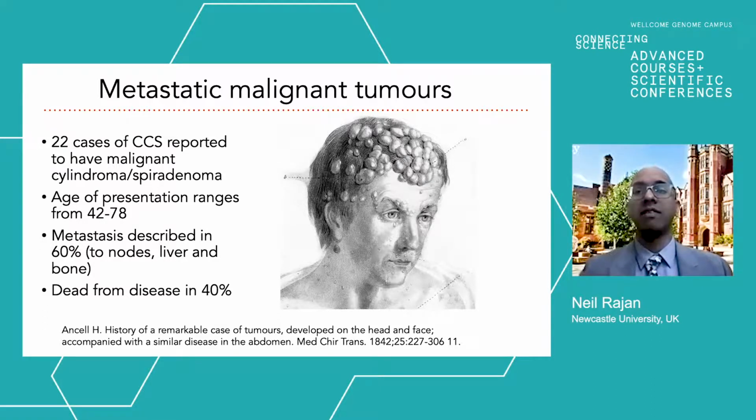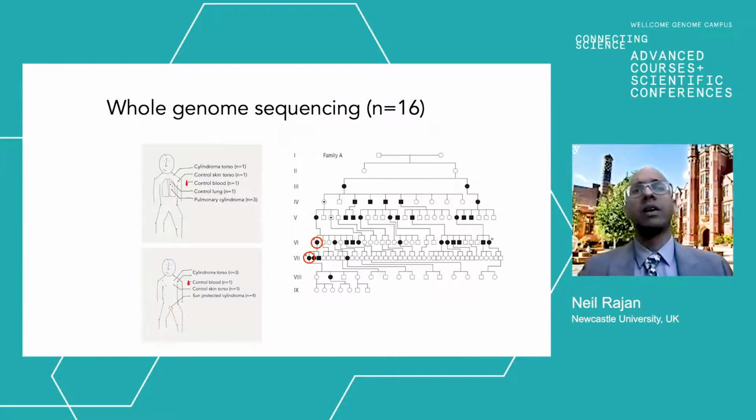And this very first case was reported from a patient in Birmingham in 1842, and that was a young person who presented with metastatic disease to the abdomen. So to help better understand what was happening in terms of the genetic changes in these range of histological patterns of tumors, as well as clinically variable malignant behavior,